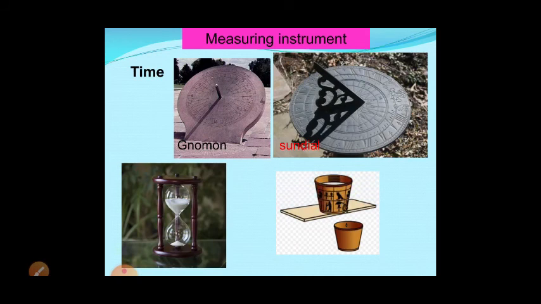In the water clock, according to how much water drops come drop by drop, they could measure the time. Here in the sand clock, in 1 hour the sand will fill the lower part. So depending on how fast the sand is falling, they measure the time. Like that they used all these instruments long before. But nowadays you might not have seen this kind of clock.